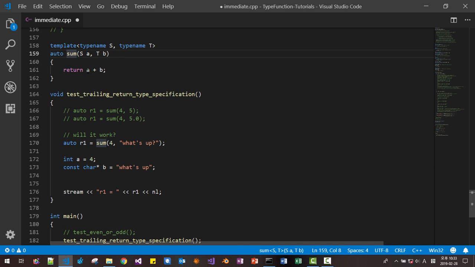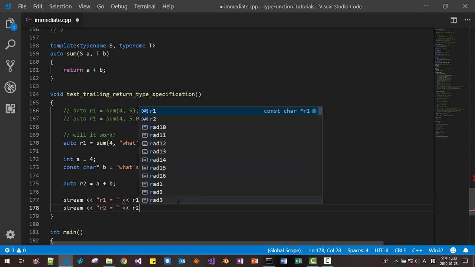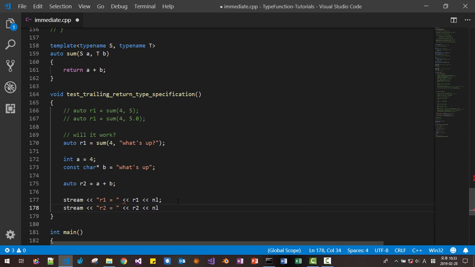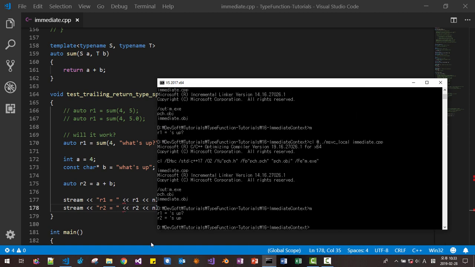This sum returns the sum of a and b. So here again, auto r2 equals a plus b. Okay, now let's display here stream r2 and endl. Now let's run it. So r1 and r2 are the same.